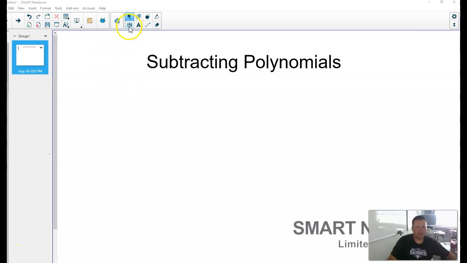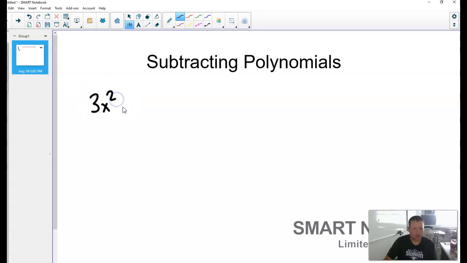Okay, looking at subtracting polynomials here. Pretty similar to adding. Obviously, we're just going to be subtracting. We're still looking for like terms, like we did on the previous. So again, if I had like 3x squared minus x plus 4, and now I'm going to subtract